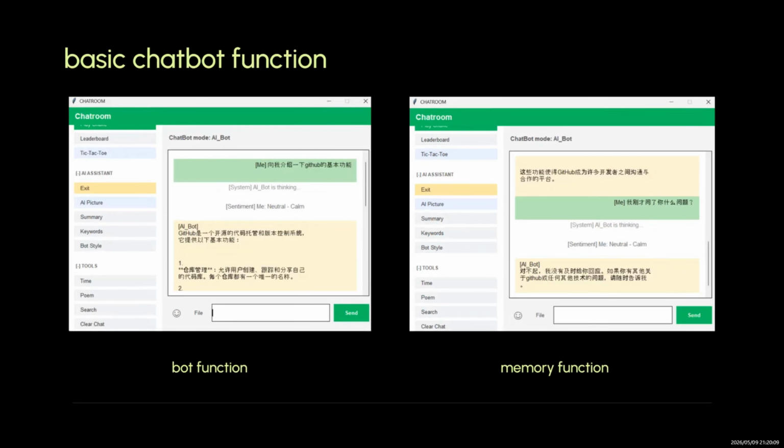Next is the chatbot function. I click the bot button to enter chatbot mode. Now I can ask a question. For example, explain basic GitHub function. The chatbot is